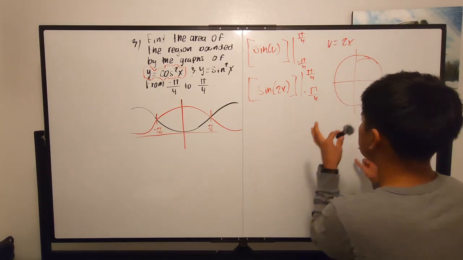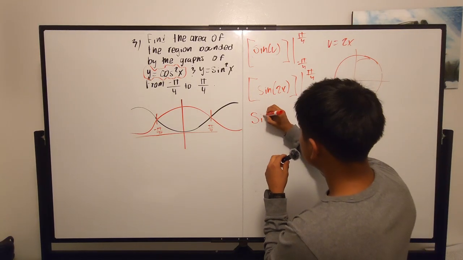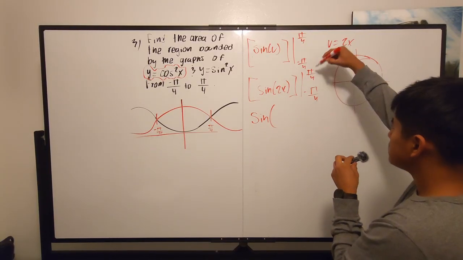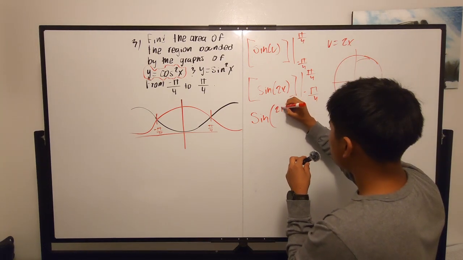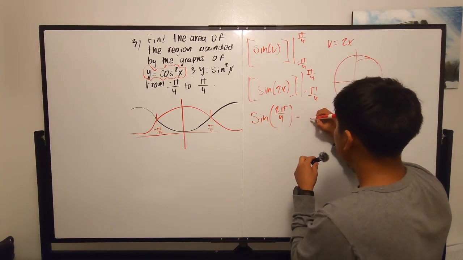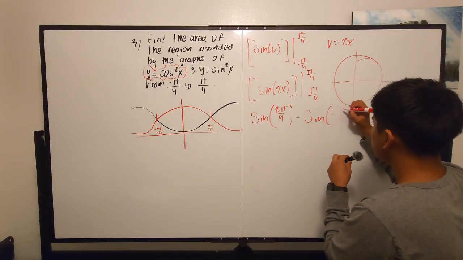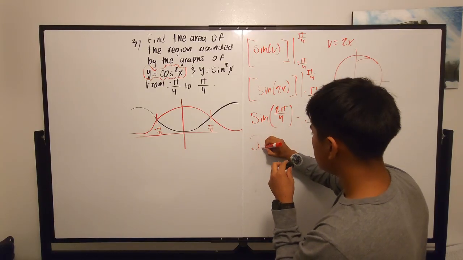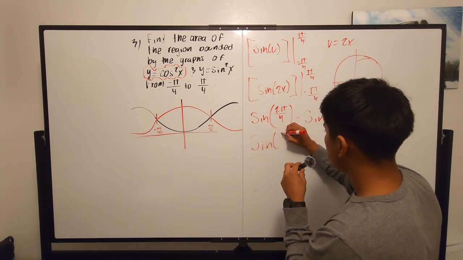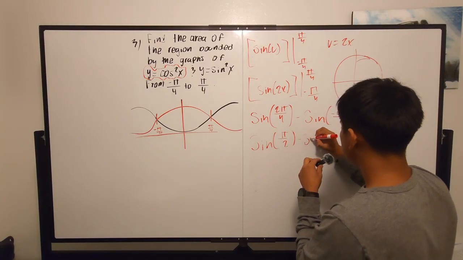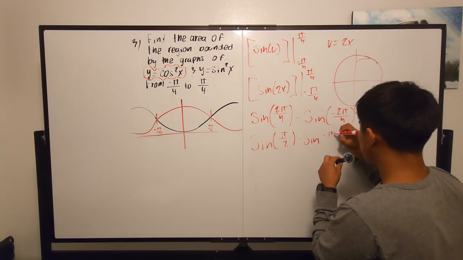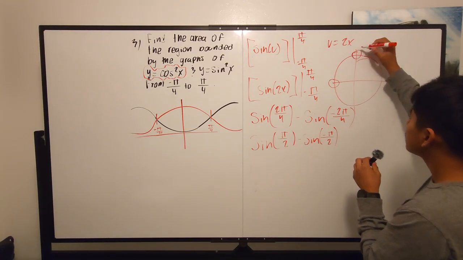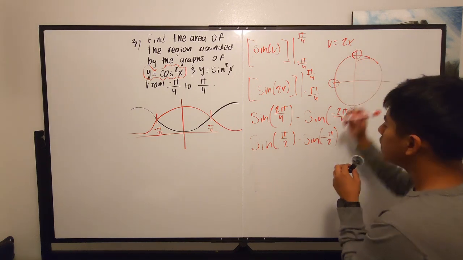I mean, our bounds. So we have the sine of 2x, and then x is pi over 4. So that's actually sine of 2 pi over 4 minus the sine of negative 2 pi over 4, which can be rewritten as sine of pi over 2 minus the sine of negative pi over 2. So pi over 2 is going to be right here. So this sine of pi over 2 is going to be 1